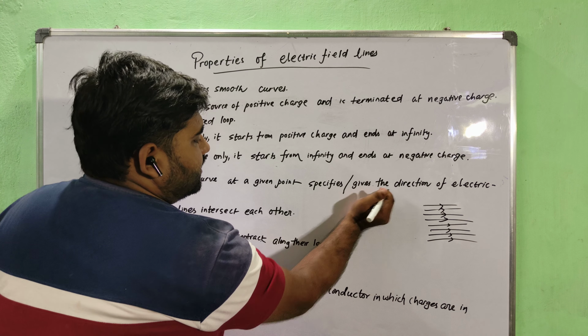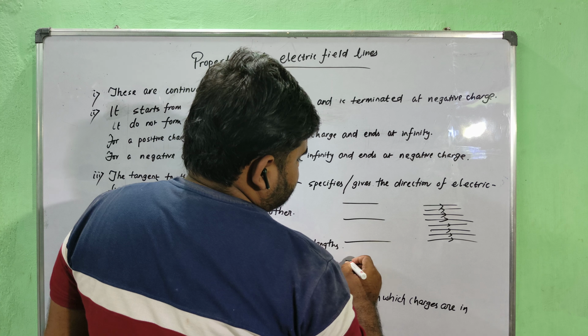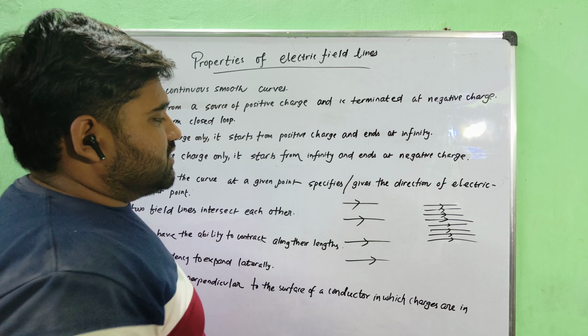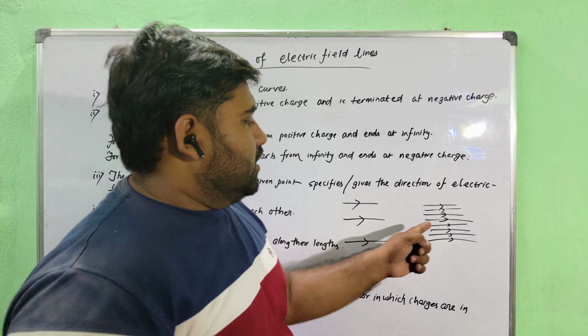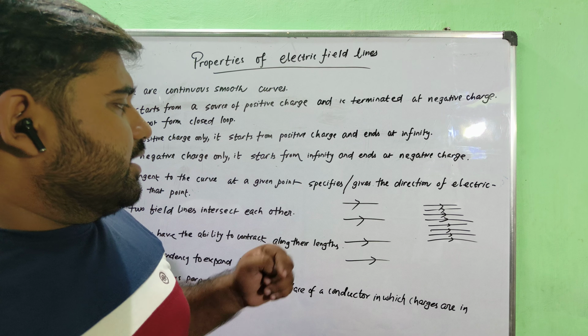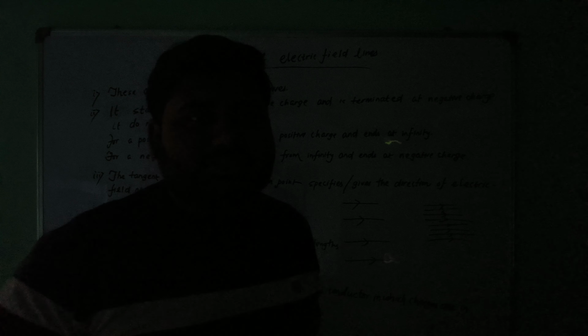And you have another electric field like this. These are also parallel to each other. Now you can actually tell from this difference which electric field is relatively stronger. Which has a larger line density, which has a larger